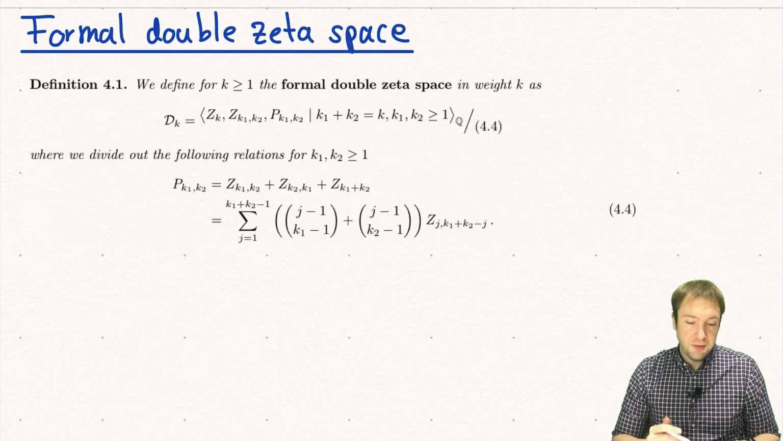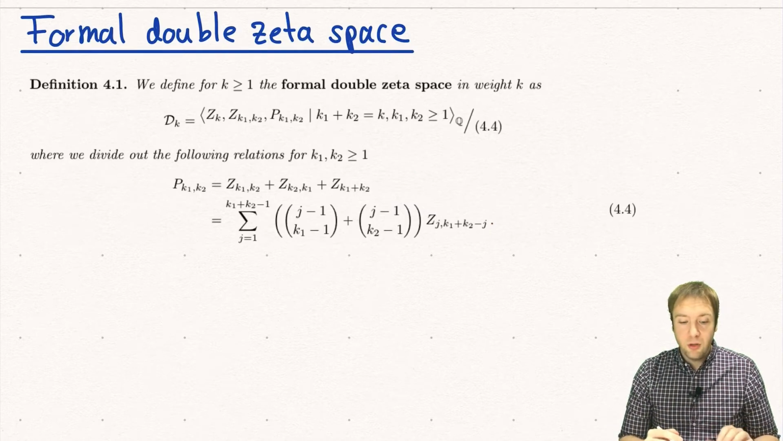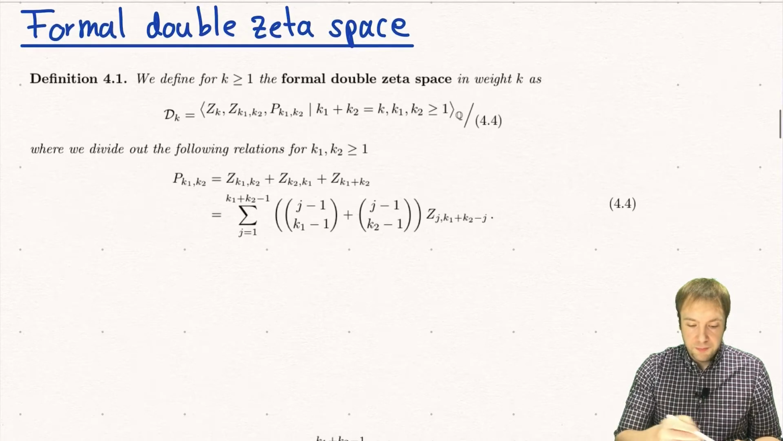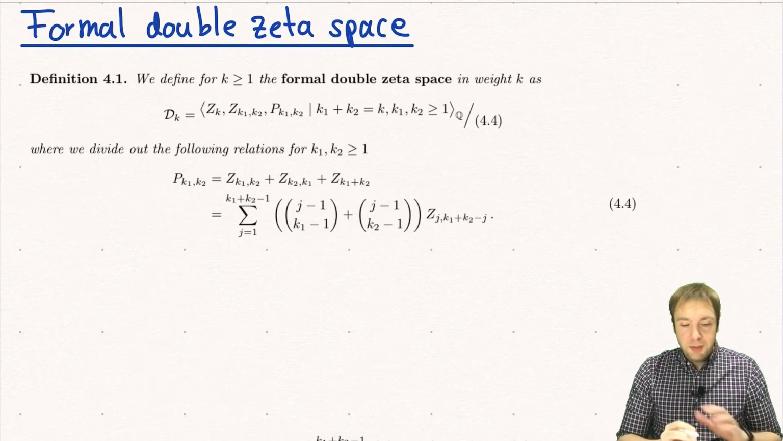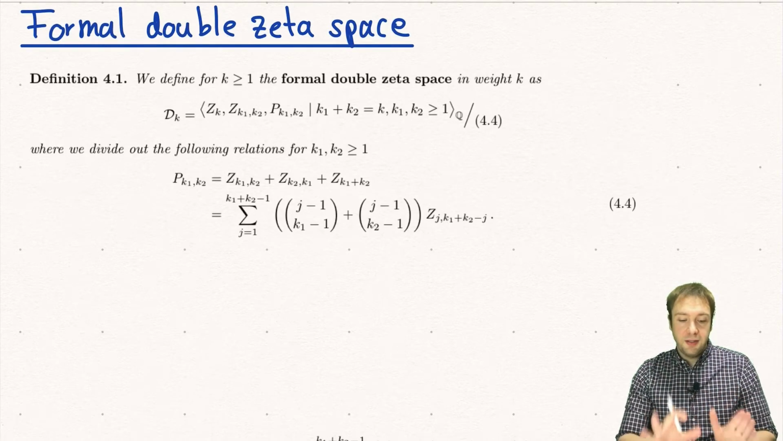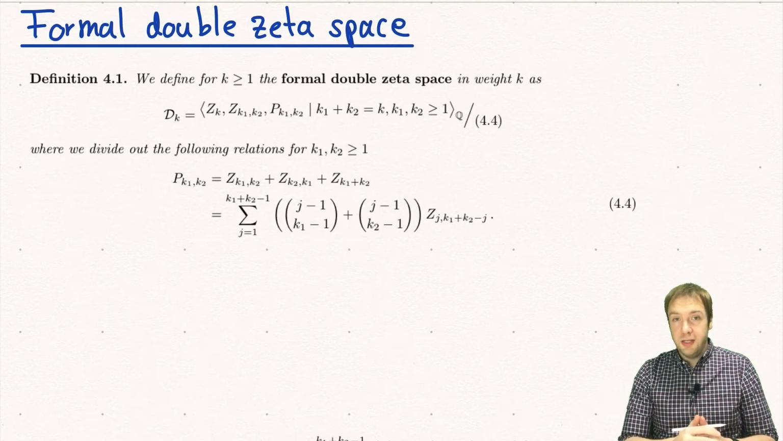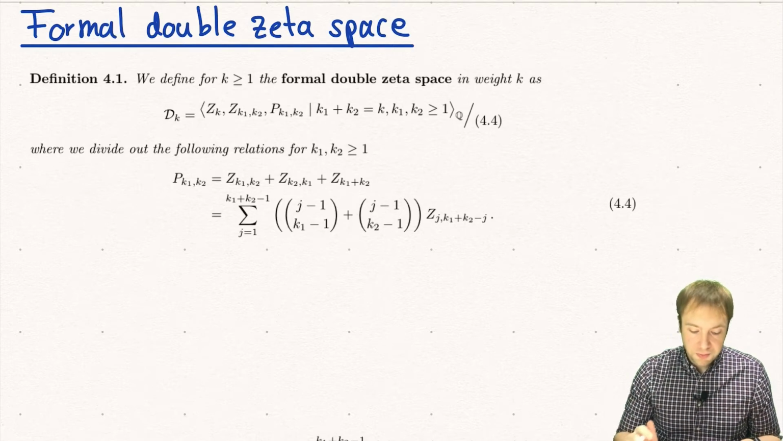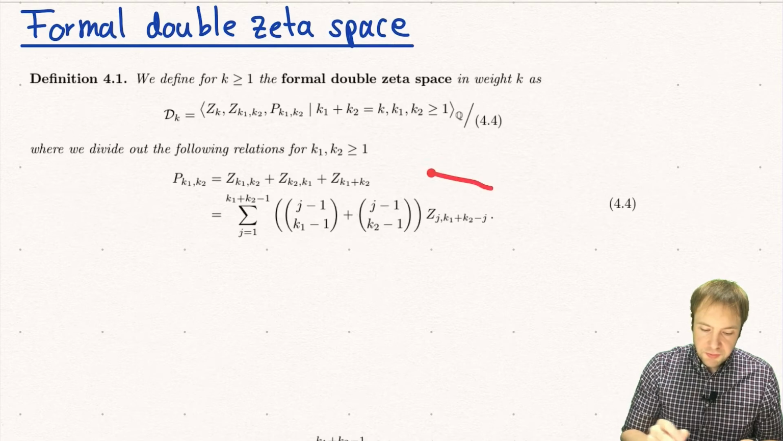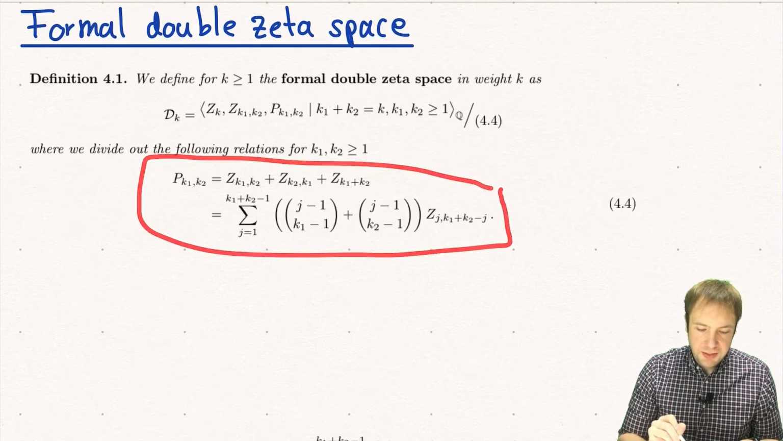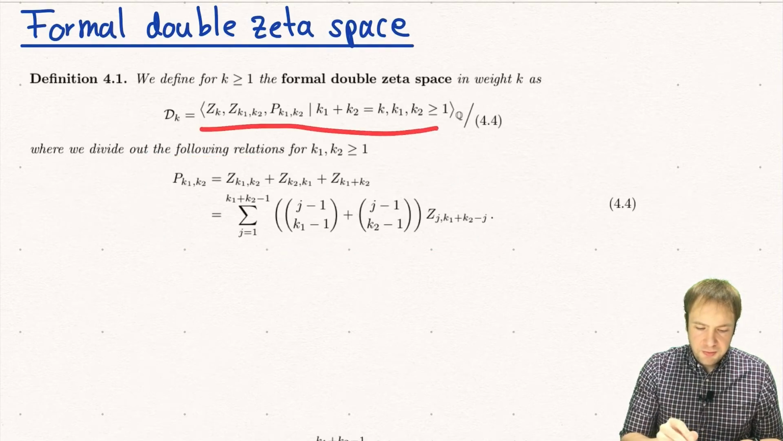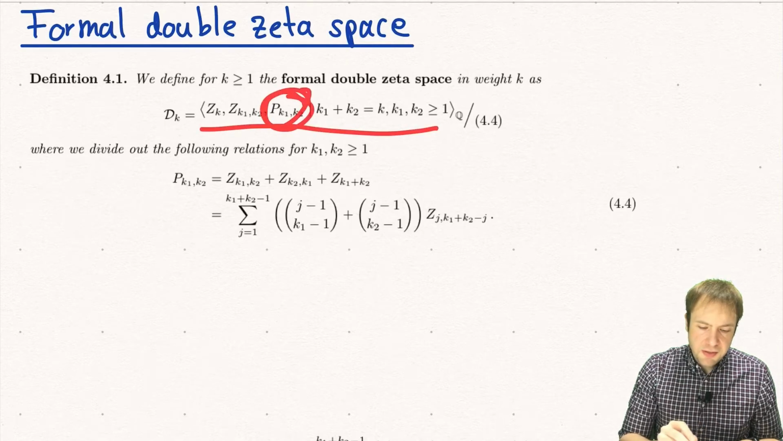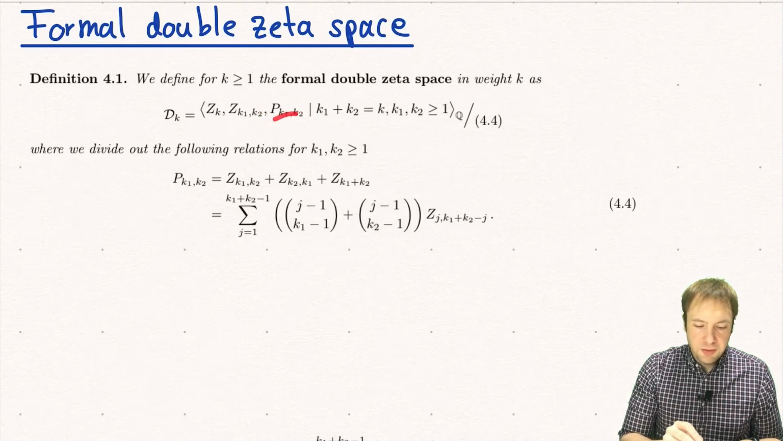And you will also see in a minute that this has some consequences in weight 2. But besides weight 2, this is exactly the same relations as we have for zeta values. And also notice by this relation here that this pk in the definition can always be written in terms